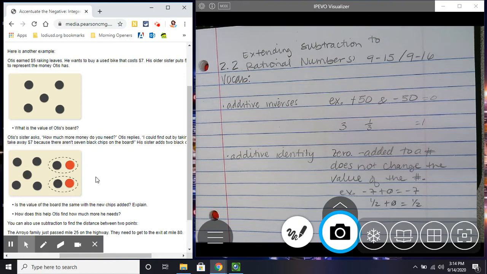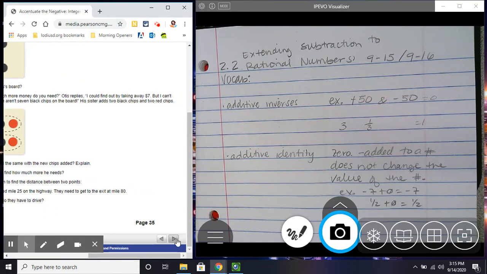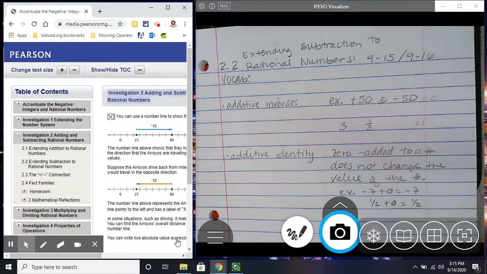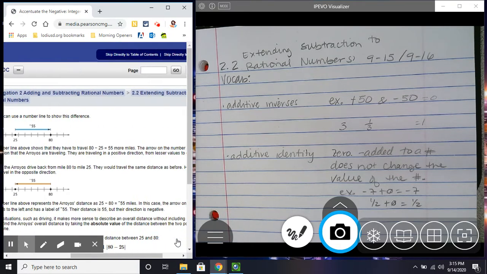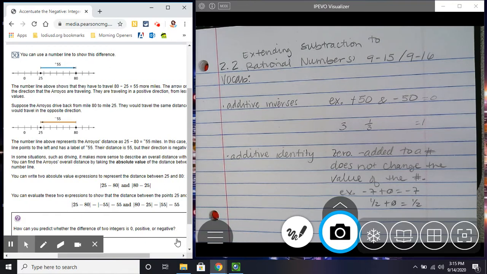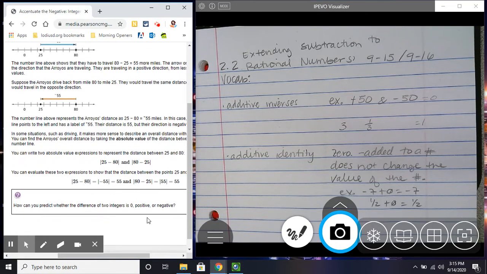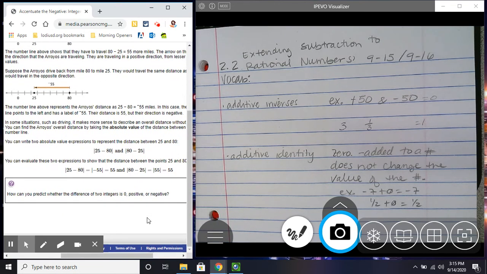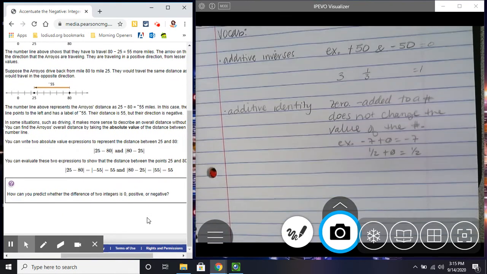You can also use subtraction to find the distance between 2 points. The Arroyo family just passed mile 25 on the highway. They need to get to the exit at mile 80. And how many do they have left? So those are all examples for subtracting. You can use the number line to show this difference. Again, this is basically just showing the different ways that you can use these tools in order to figure things out for yourself. The last one is called